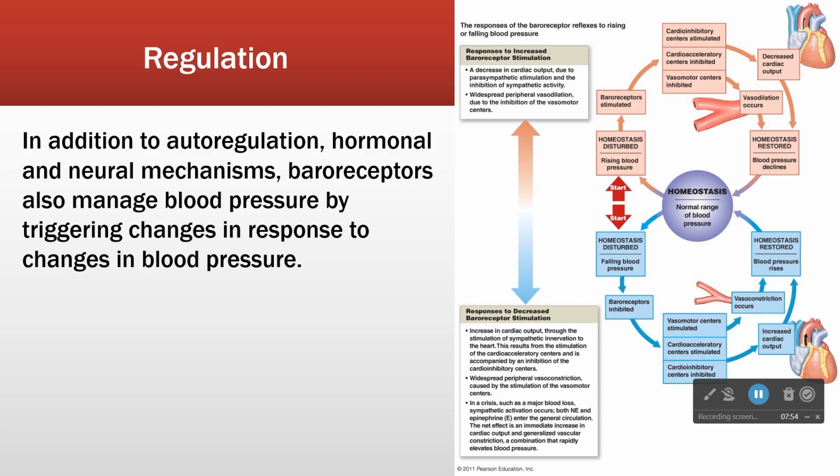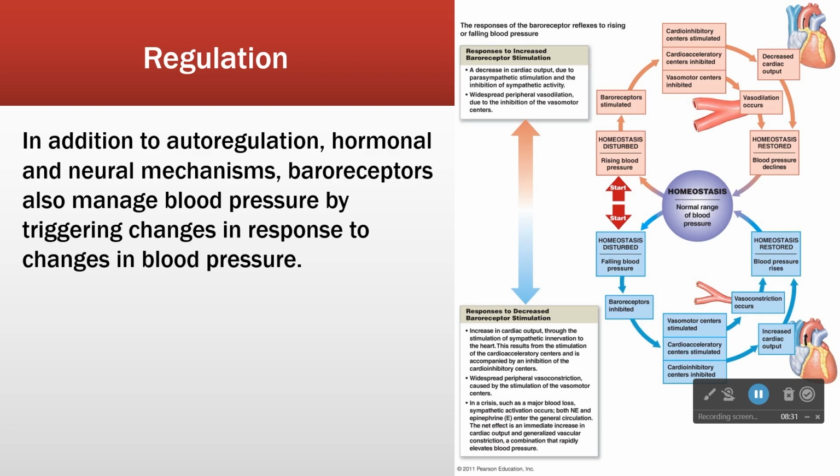So the cardio-inhibitory centers are stimulated, and we're going to inhibit the vasomotor centers, right? So we're going to slow down the heart rate and contractility, and we're going to cause systemic vasodilation. So we're going to reduce stroke volume and total peripheral resistance, right? Reducing stroke volume is going to reduce cardiac output. So if we reduce cardiac output and total peripheral resistance, well, guess what? Our blood pressure is going to have to go down, right? So now we're back to our normal range. It's an example of these systems in action, right?